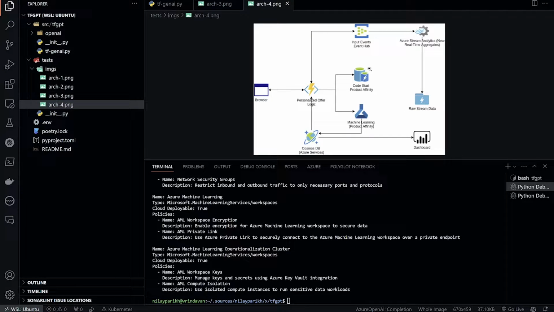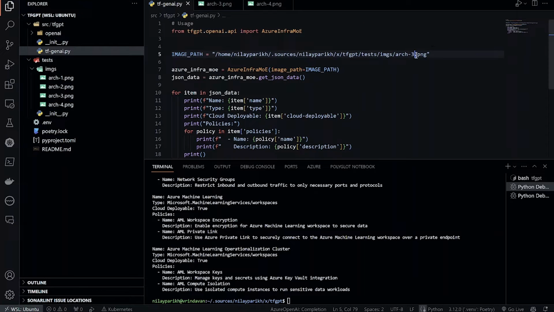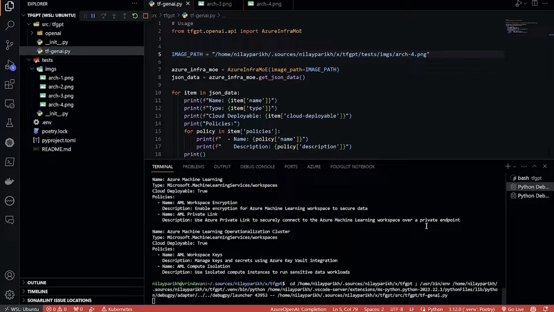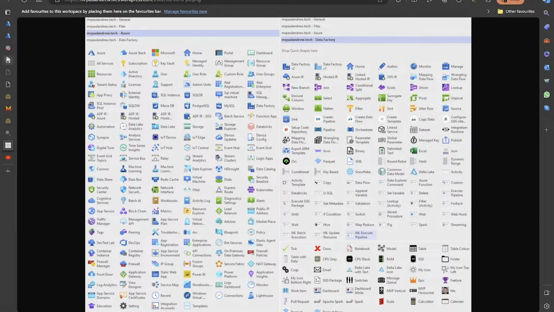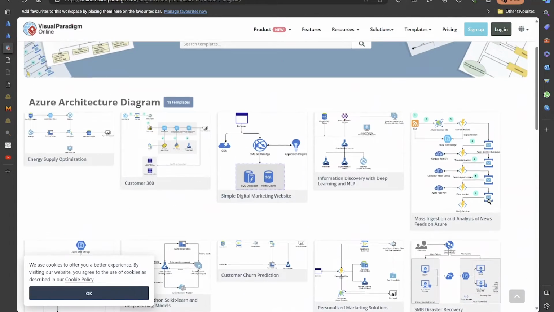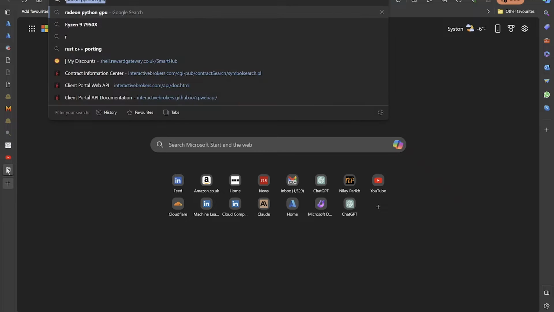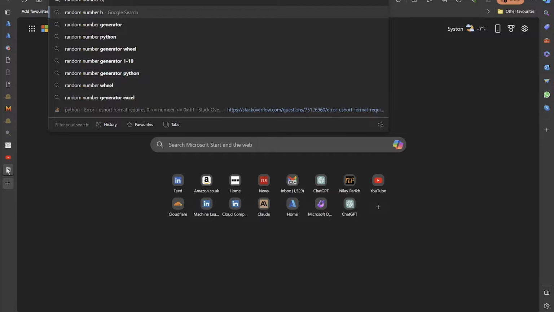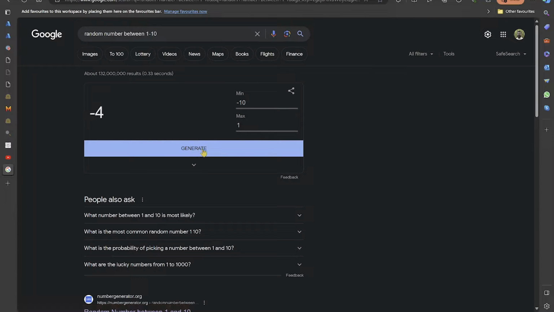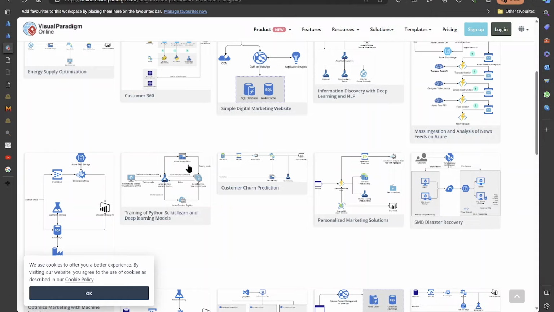Right, and let's do the version 4 now. And actually, for this demo, I will also show the version 5. We'll do the version 5 as well. So let me randomly pick up any of this. Let me generate a random number between 1 and 10. Okay, generate 4. Okay, we'll take a 4.